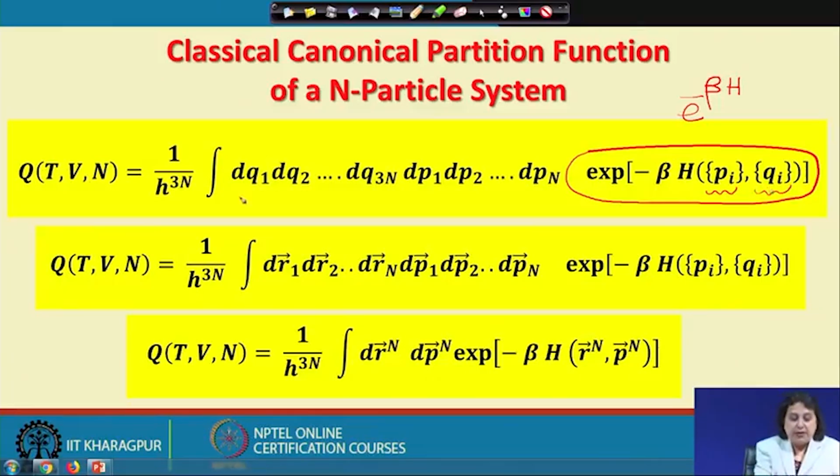Therefore, the integration over the phase space is now a 6n dimensional integral corresponding to 3n position coordinates and 3n